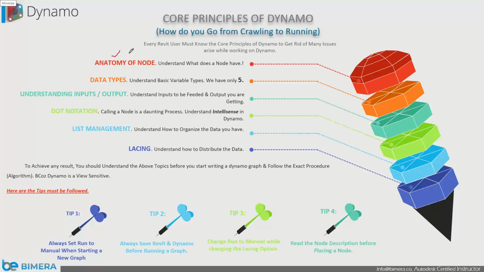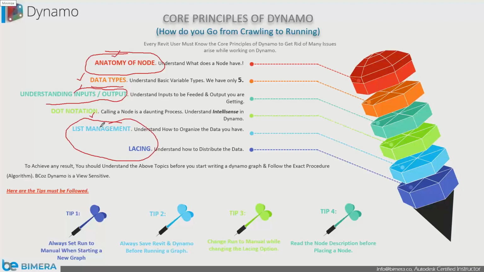If you use these notes while learning the anatomy of a node, nothing would happen with your Dynamo. You're in a safe zone. Data types, nothing would happen and you will be in the safe zone. When you're playing with the inputs and outputs, nothing would happen with your Dynamo and you will be in the safe zone again. Of course, in dot notation, you will be in the same zone. Whenever you start playing with list management and lacing,